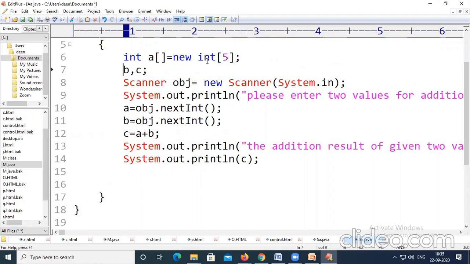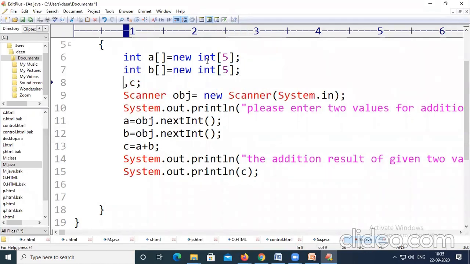The statement has been completed, and then again int b equal to new int of 5. So the second array, b, declaration and creation is completed, and then the third array, int c equal to new int of 5. So the declaration and creation of three arrays have been completed.